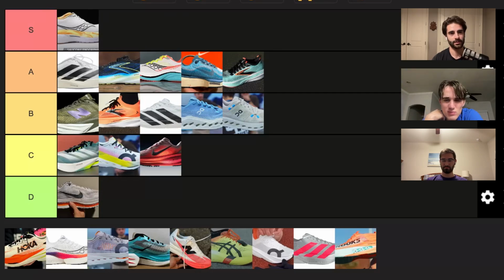People aren't really sure. It'll depend what price point they come out with it at. I personally really hope it's not over $200. People aren't really sure how they're going to be pricing shoes that contain this foam. The Endorphin Elite 2 is probably going to come in, similar to its predecessor, at like 275, maybe a little bump to 285 to be comparable with the Alpha Fly. But as for this shoe in particular,